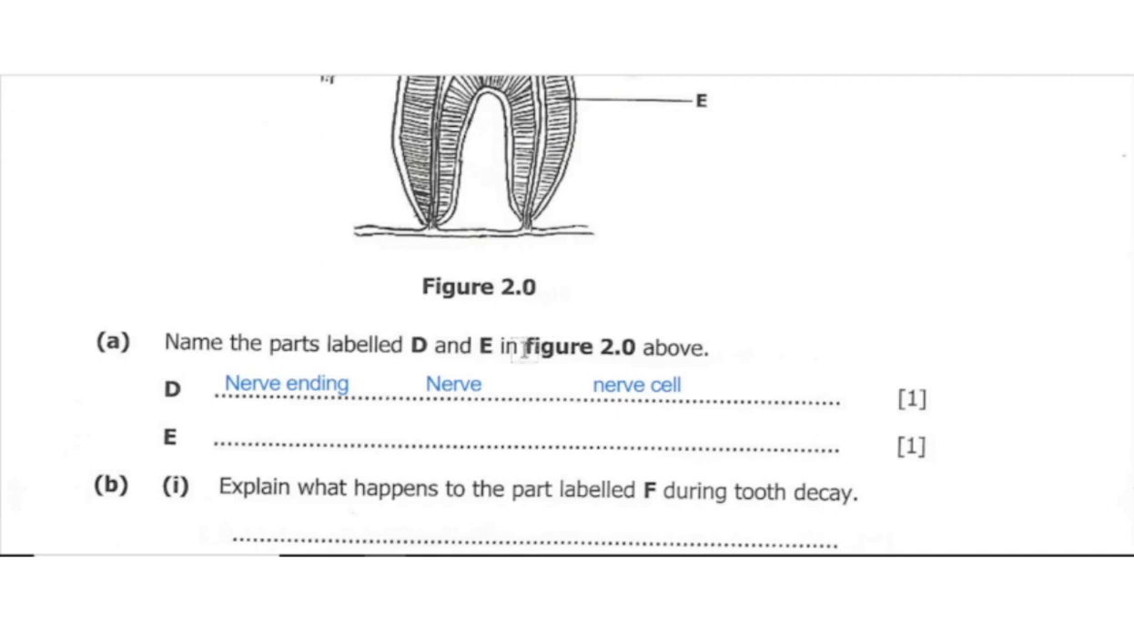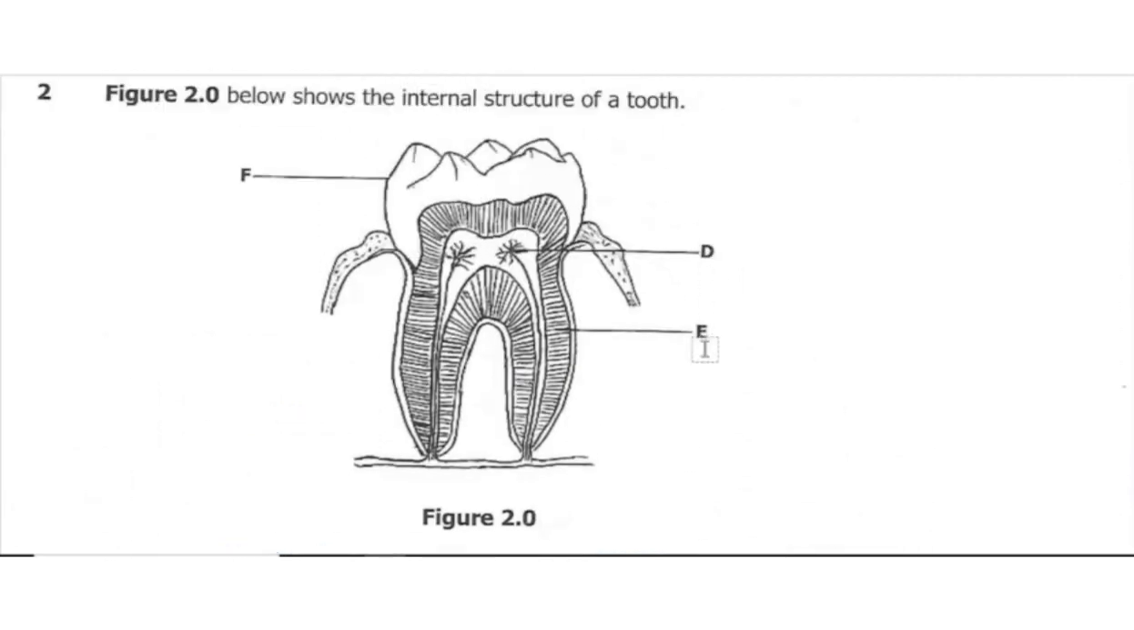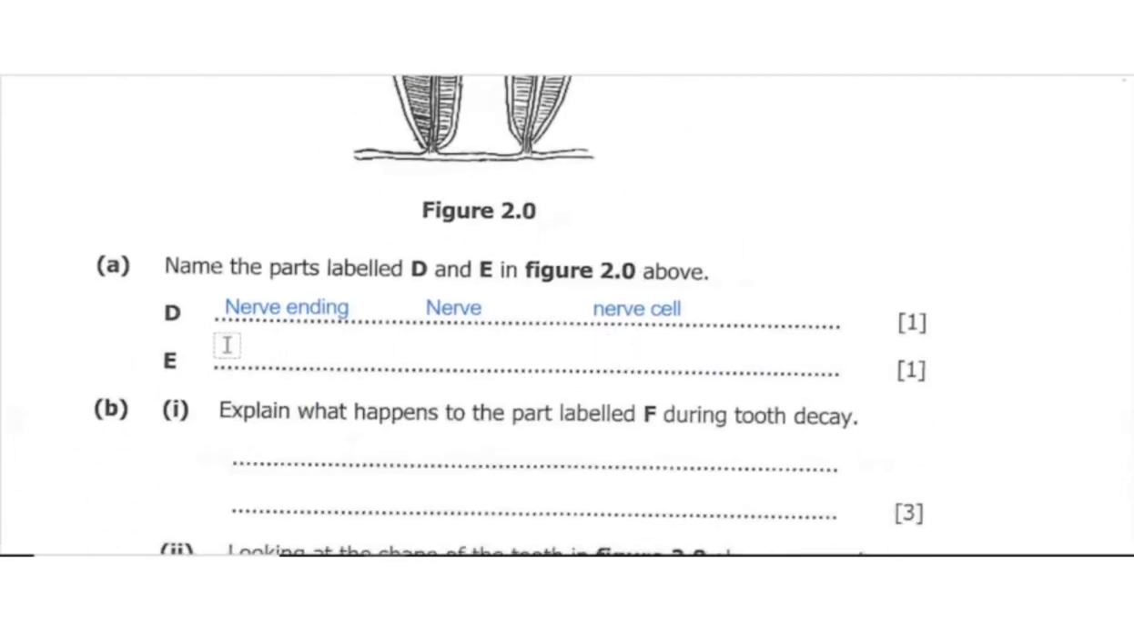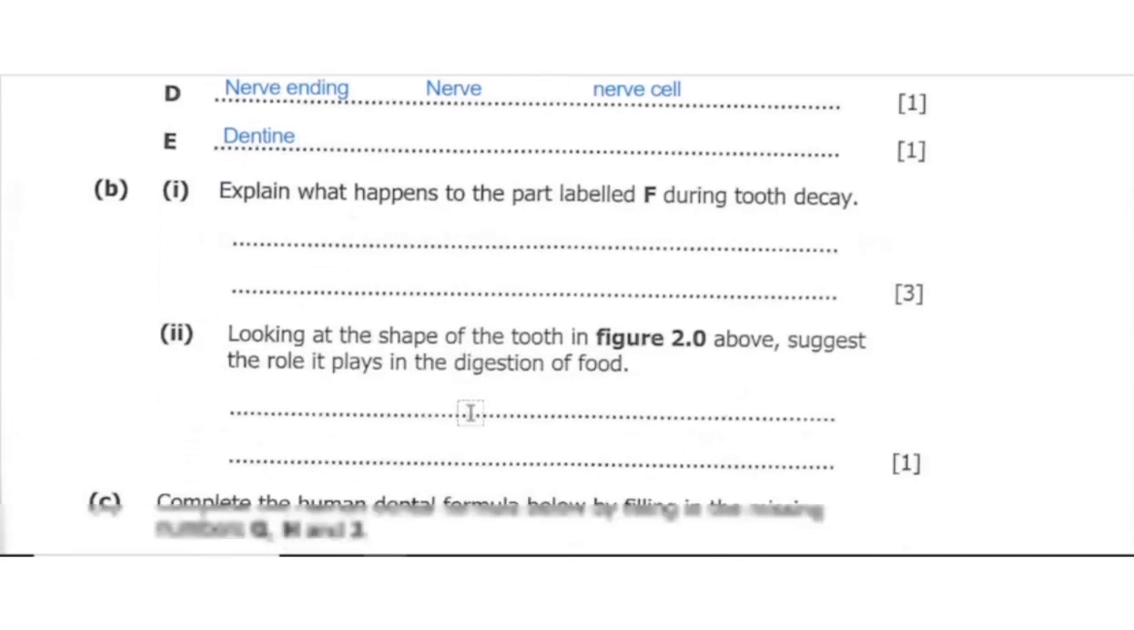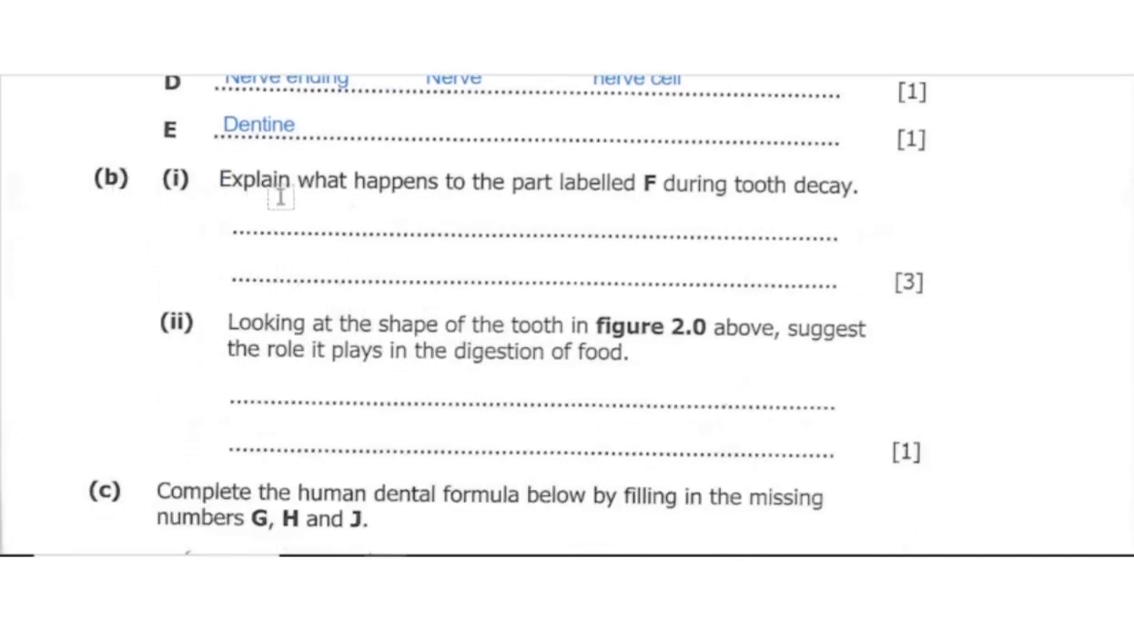Okay, so we go to E. What is E? E is dentine. It doesn't matter even if you read it as dentine. What is important is the spelling. So this is the correct answer, dentine. Then number 2B,